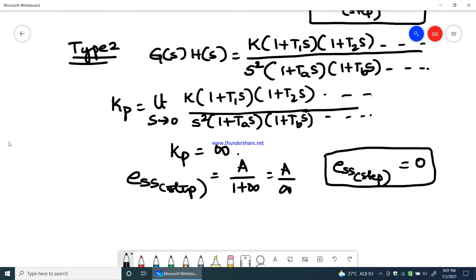Therefore, when I am considering a step input as an input that I am giving for a control system, then I should see that the step input is applied for type 1 or type 2 control system, not for type 0 control system. Fine, I hope you got it, right? This is how we define. Now theoretically we have proved steady state error to be equal to 0, but practically speaking, let me tell you, you will never get error equal to 0. I told you at that time itself that no system will be there in this entire world where error is actually 0.